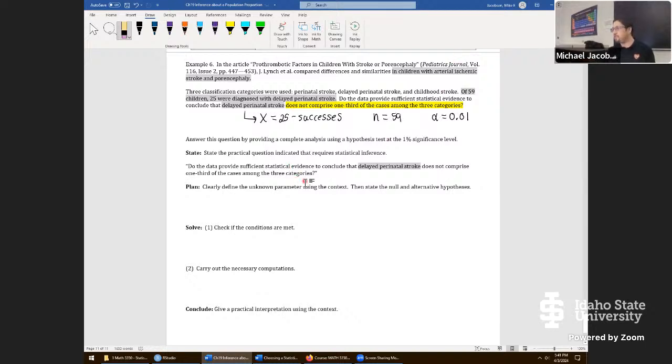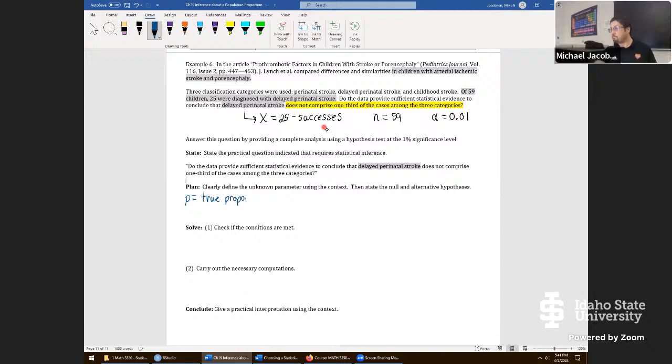So what we did in this problem was we just restated the practical question. So here it is. We want to know if the data provides sufficient statistical evidence to conclude delayed perinatal stroke does not compromise 1/3 of the cases among the three categories. First thing we ought to do is define the parameter. This is absolutely categorical data, two outcomes. The moment we said there's 25 successes. So we'll say that P equals the true